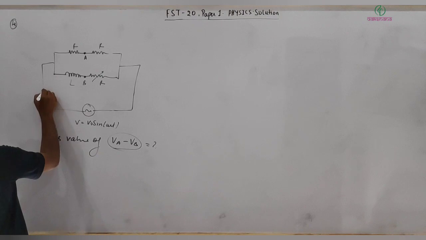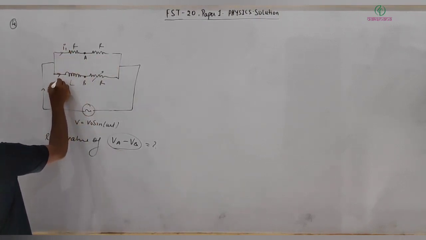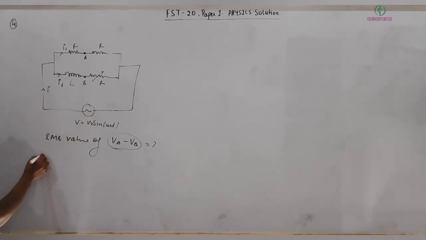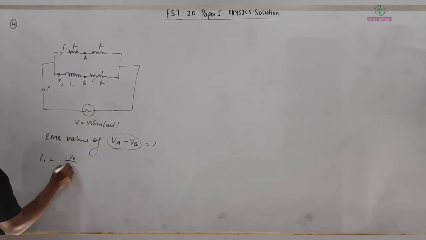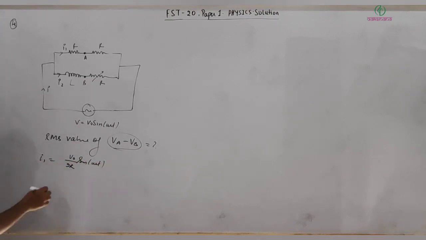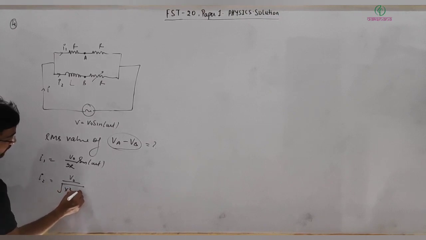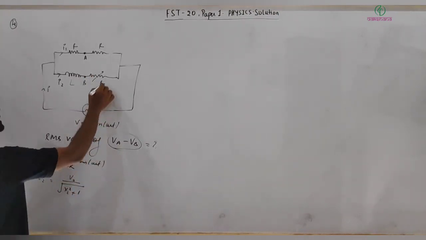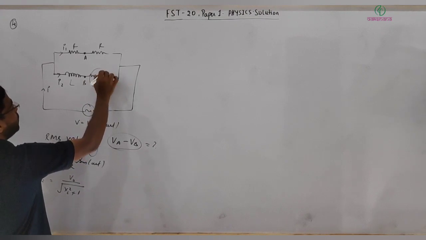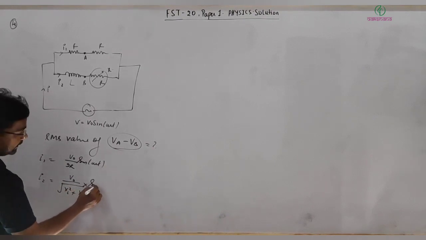So this is the circuit, and let's say the current is flowing in this direction, then I can write I1 and I2. I1 is equal to V0 divided by 2R multiplied by sine of omega t, right? And similarly I2 is equal to V0 divided by Z, where Z is equal to under root XL square plus, let's say at some moment its resistance I am taking simply equal to X, so plus X square, multiplied by sine of